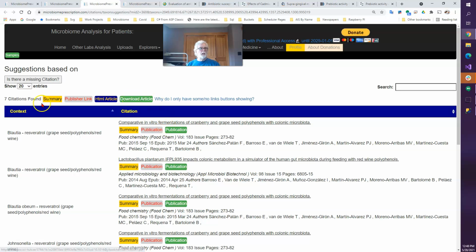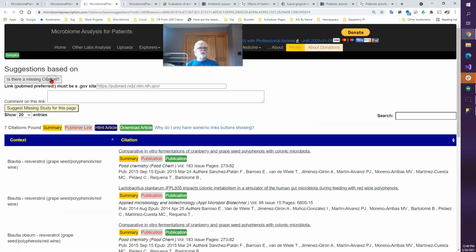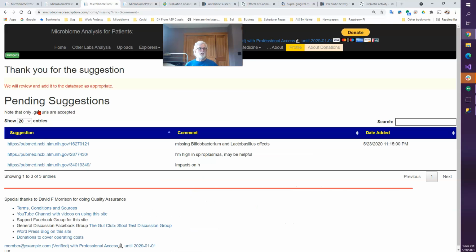And more importantly, if you are in there and you find something which seems missing, or you know of an article which I have missed, which is possible, as just a part-time job, I don't have somebody doing quality assurance for me, go and enter it in. It has to be a Gov site, which means a National Library of Medicine site, usually PubMed. You can just go over to PubMed, type it in the comment and then click suggest missing study on this page. It will say that, and it will also list out everything